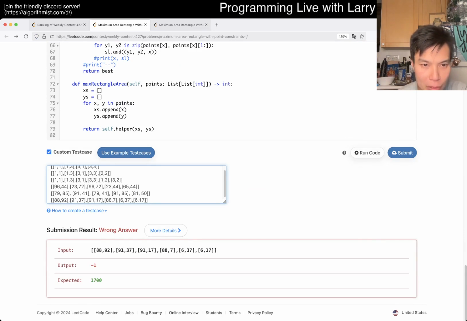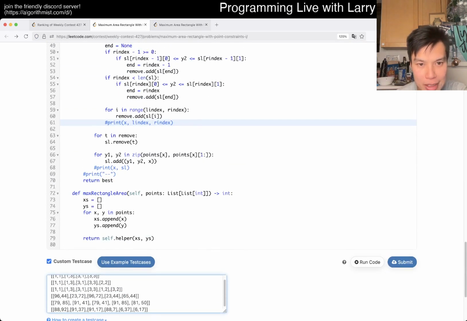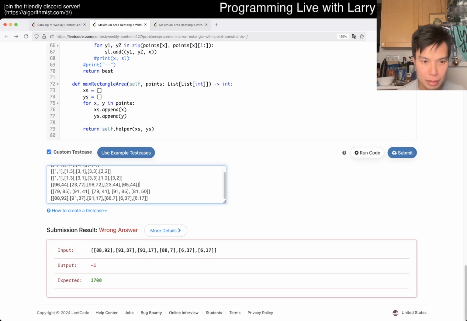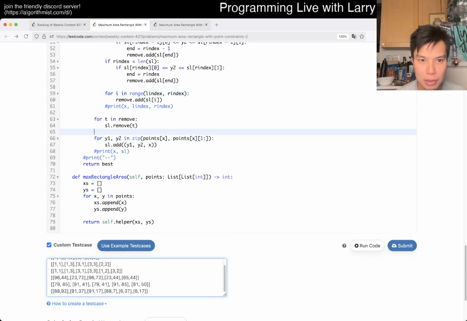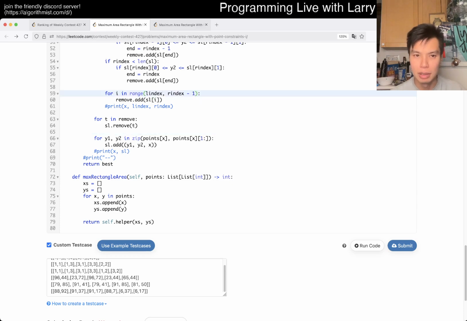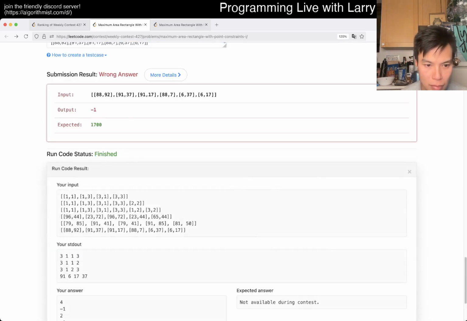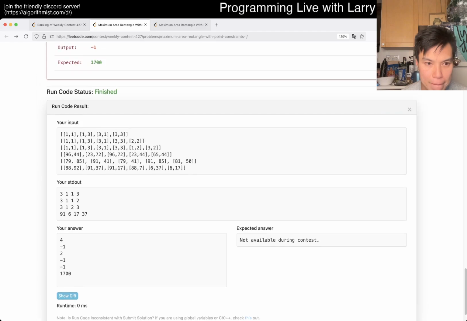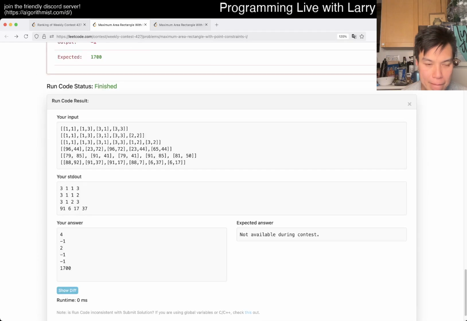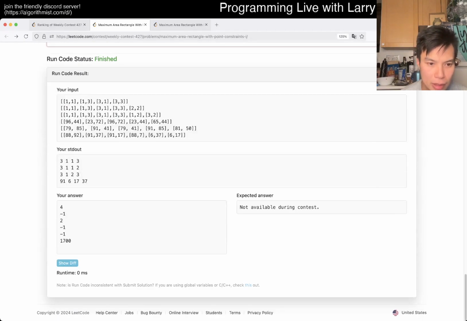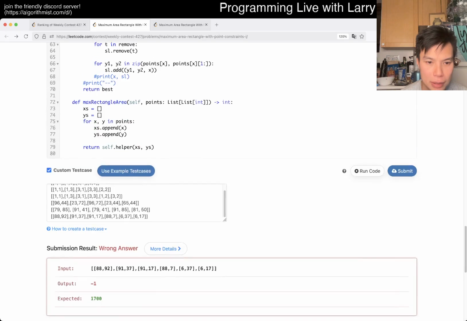Okay. So now we removed too much. That's what I was worried about with this thing. I wasn't sure about this, but okay. That's good, that's good. So here we want to keep this back up to -1. Wait, but now this fixes this, right? 1700 is right, but then,